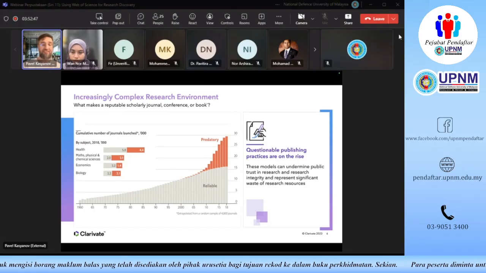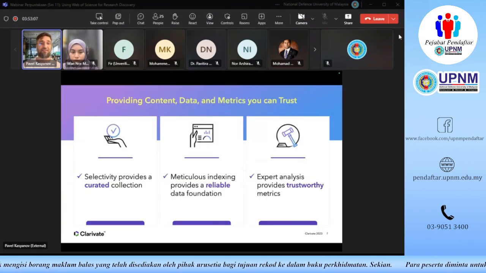That's important because we are making this database for you, where you can just run your search and you can be sure that whatever search results you're finding there, they are reputable, you can trust them, and not just their content, but you can also trust the citation metrics, for example, for those documents. So yeah, we are very, very selective.